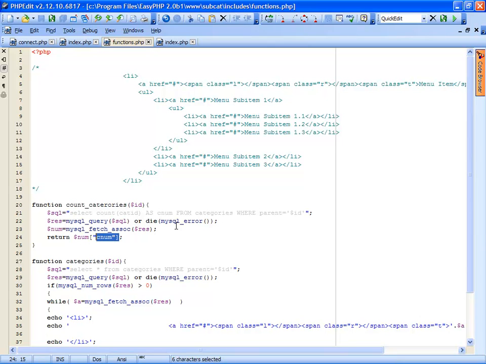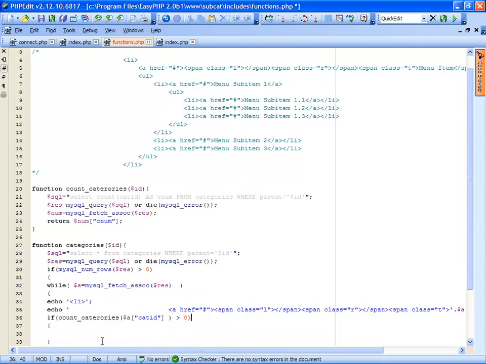And with this query we can make an if condition. If this current category ID has values, so it has subcategories. Let's call it count subcategories. If it has a value,